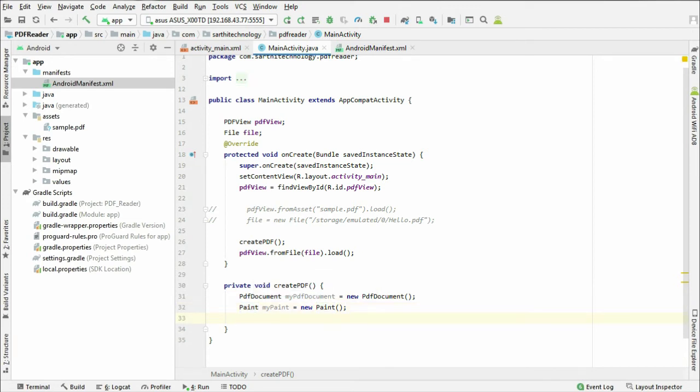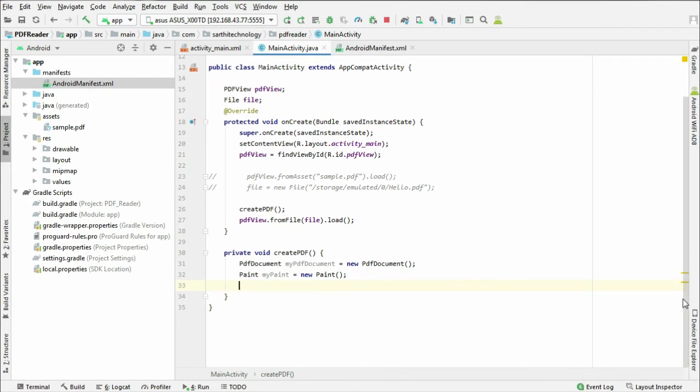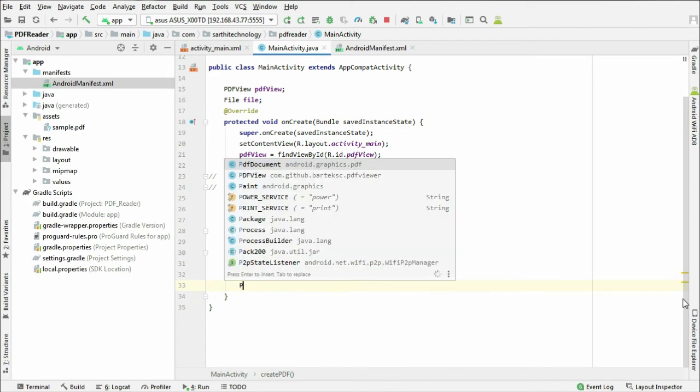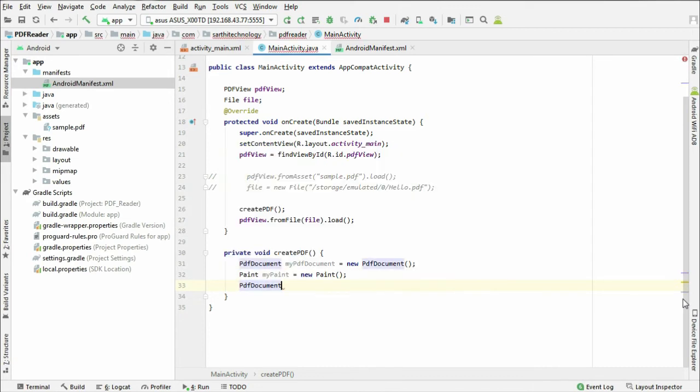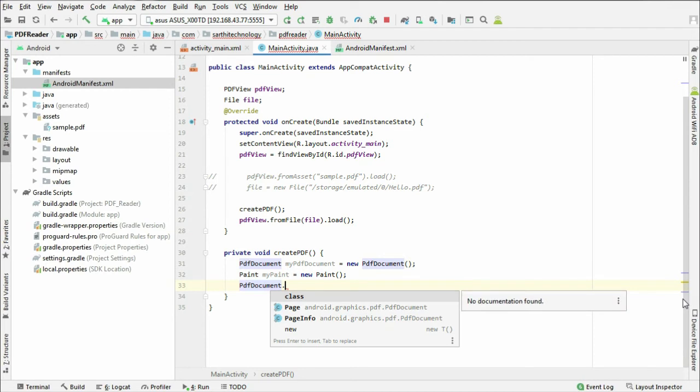Now the third is PDF info object. PDF document dot page info.